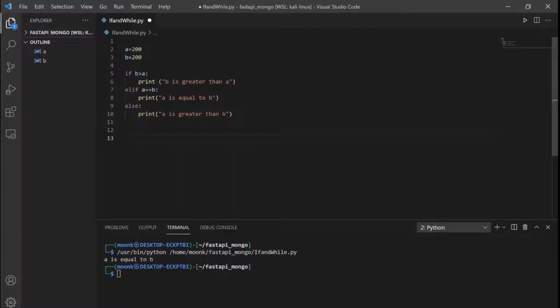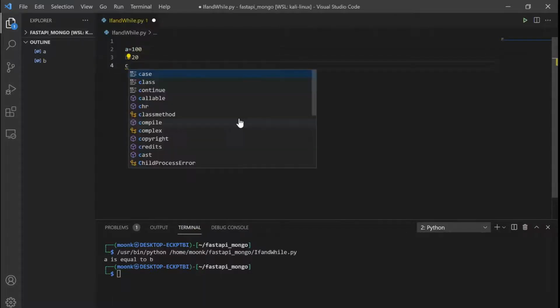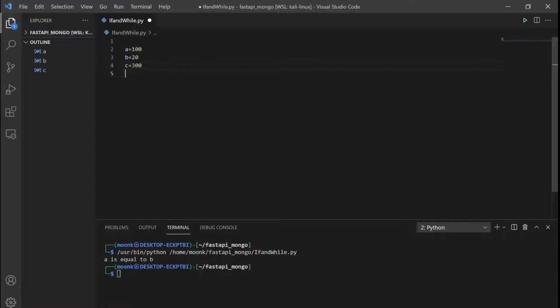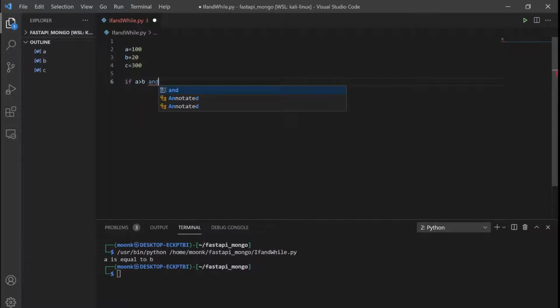Now we can make use of logical operators also to combine different conditions. If we have two conditions to combine, let's use the logical operator AND here. Now let's remove this one. Now A is equal to 100. B let's define as 20. C is 300. Now if A greater than B and logical operator, C greater than A,